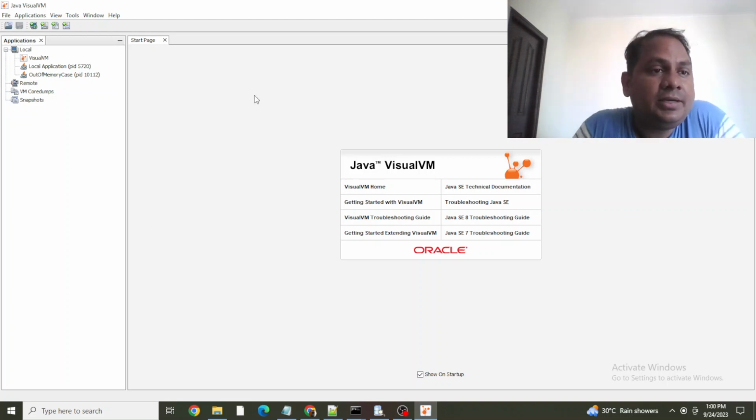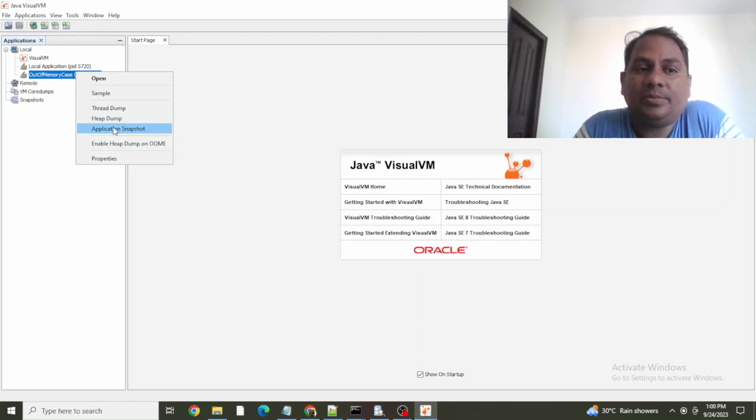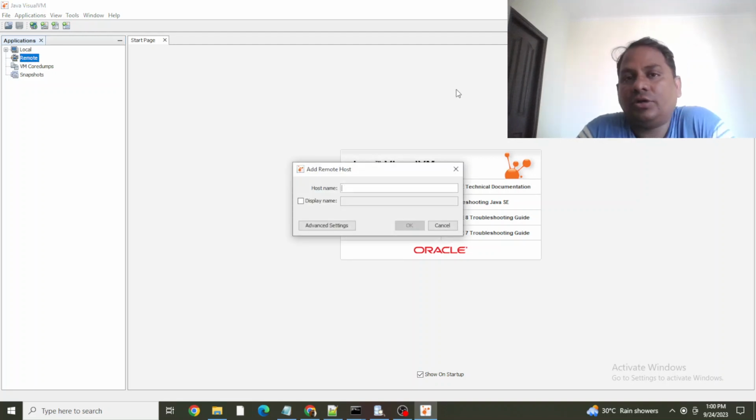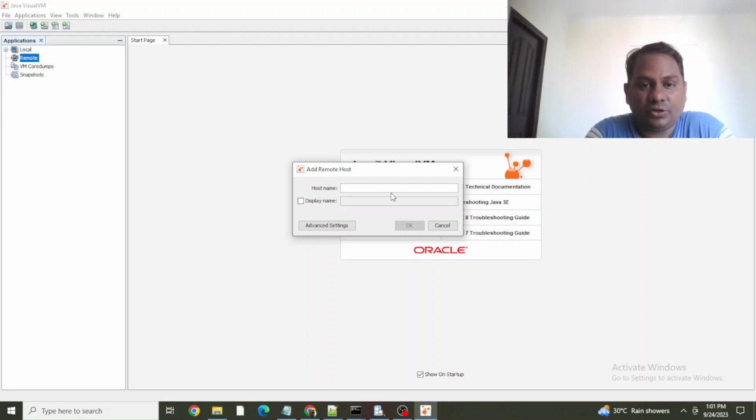Like here, this is our class, and we said that we can create our thread dump or heap dump. You see this node, this is the local node, and this is the remote node. Right now I don't have any remote machine connecting to my laptop, and any application, so I cannot show that. But there is an option, the same way we saw in JConsole. What we can do,